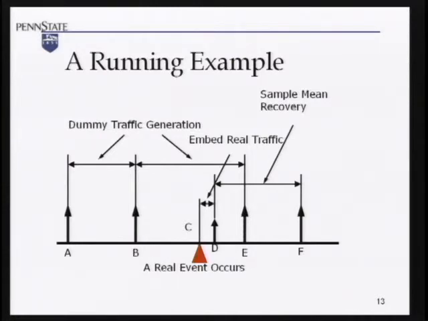And of course, after you send this message, then you have to recover it, because otherwise the mean will become smaller and smaller. So in this case, next time you will schedule another point at F. So this is a little bit bigger. So in this way, the mean will be recovered. And from the attacker's point of view, the attacker will not see this C, right? We assume